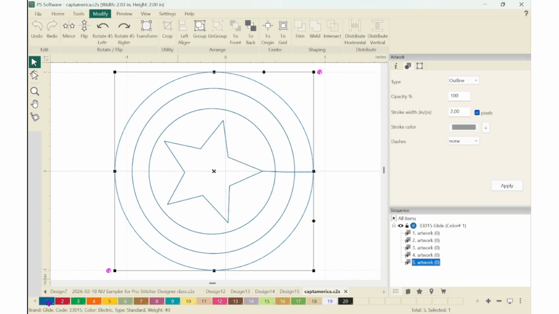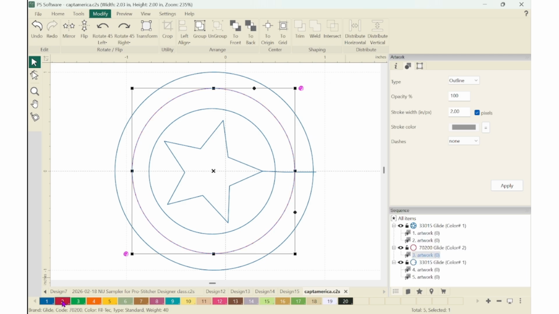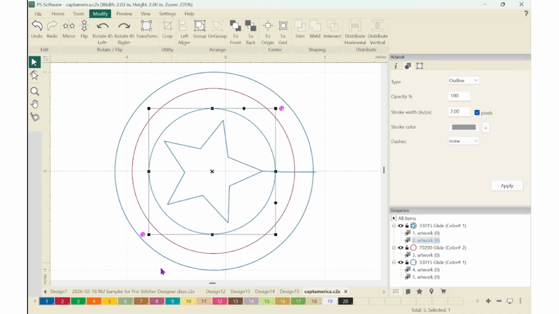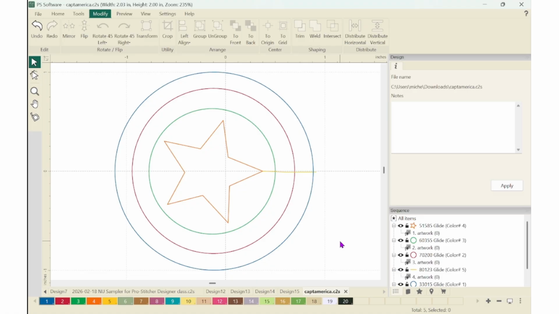So I'm going to leave that with the number one color. Then the next circle, I'm going to make that the number two color. This inside circle, I'm going to make the number three color. I'm going to make the star right now number four. And I'm going to make this line number five. Okay, now the next thing I'm going to do, so now I can kind of see where everything, what each